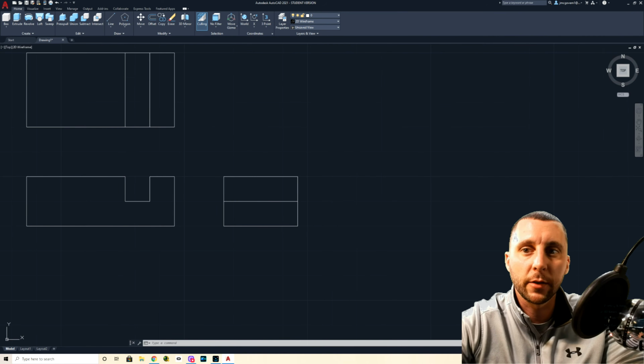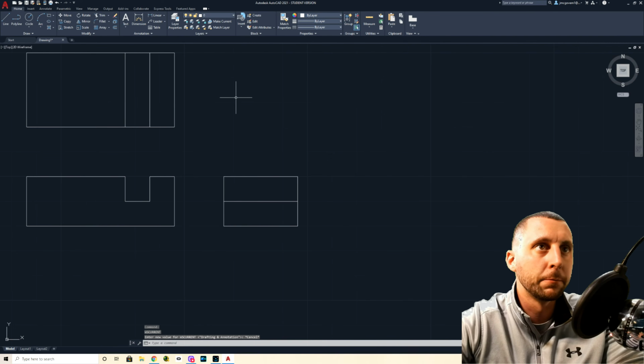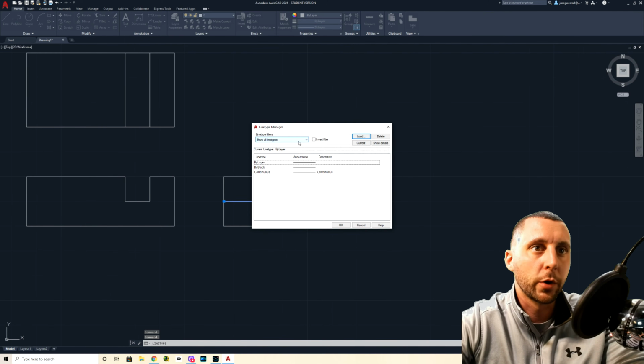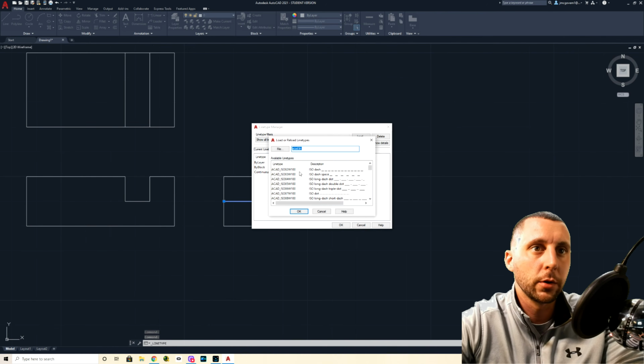Let's make sure I click that correctly. There we go. Alright, so you want to select the line, go to line type, and if you already have them loaded, you can change to the line type that you want. But if you don't have it loaded yet, like you've never used a hidden line or a center line before, you want to click on this first, go to other, go to load, and then scroll down here, and I would add in the hidden,